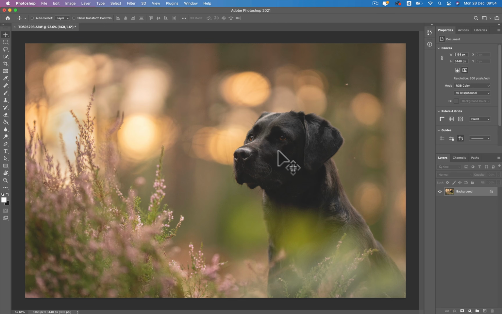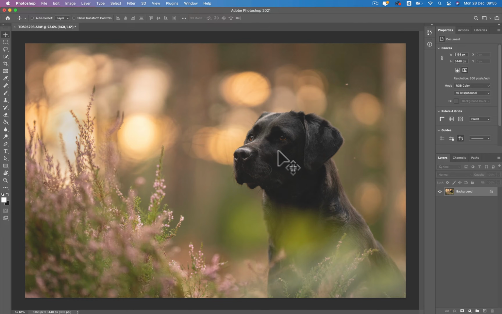So I am a little bit under the weather at the moment. I am currently recording this from my bed, so I'm hoping that this is going to go okay. We're on the MacBook Pro today, so it's a slightly smaller, more condensed screen, but everything should basically be exactly